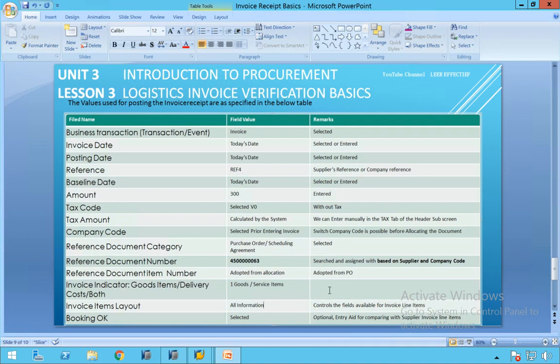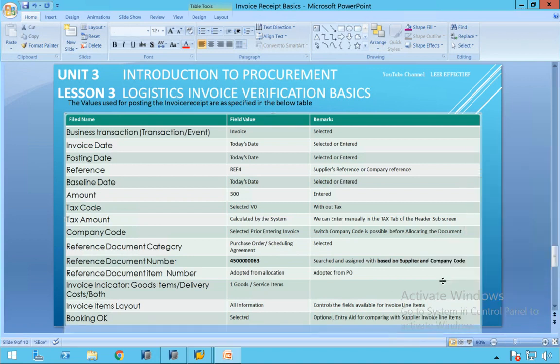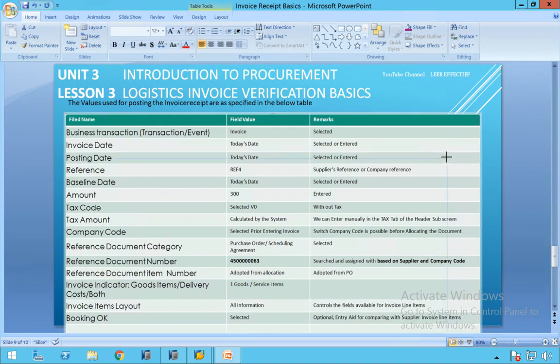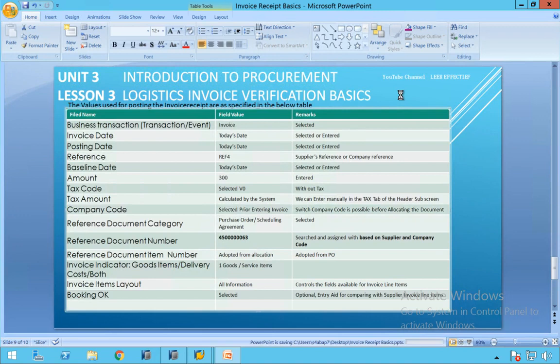All right. So for quantity here, can I insert a row below? Yes, insert row below. Let me minimize this table and pull this up.